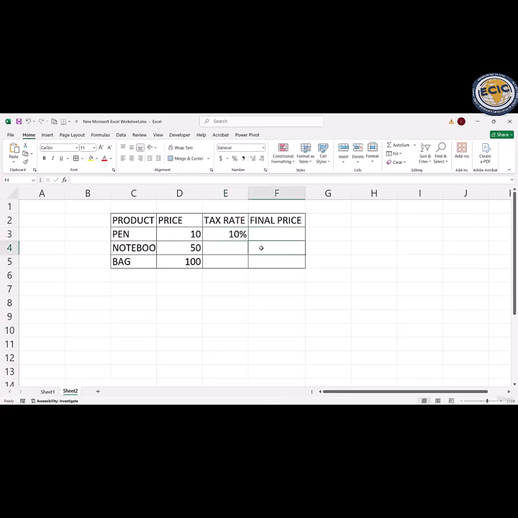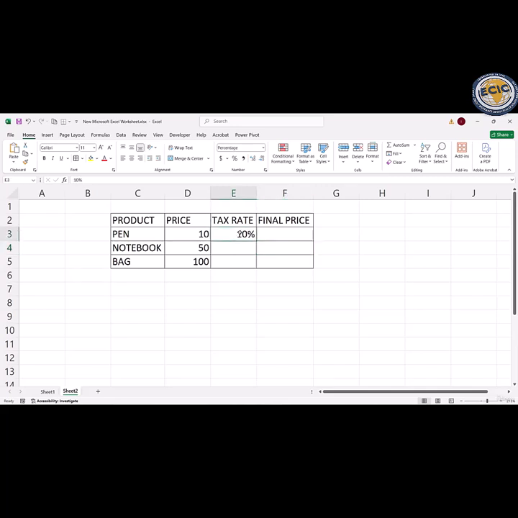So to mention this cell every time, like if I calculate the final price for the notebooks, this cell is empty, so we have to mention this cell. That's why we need to mention this cell every time, as fixed. So for fixing this,